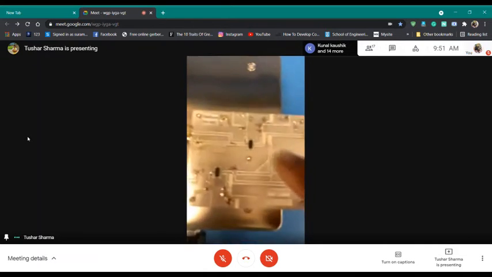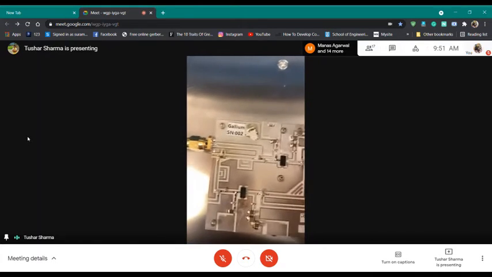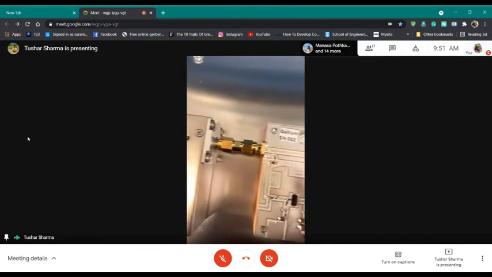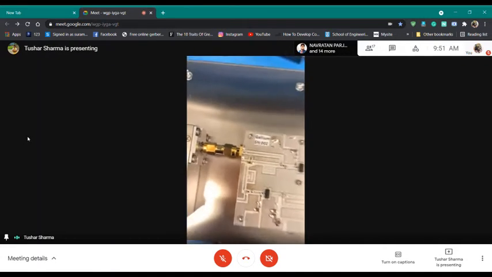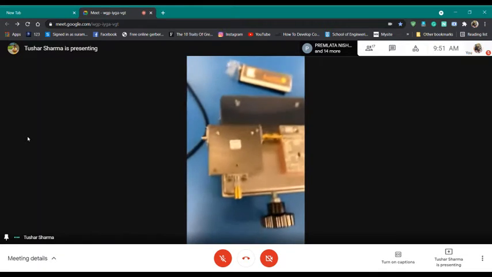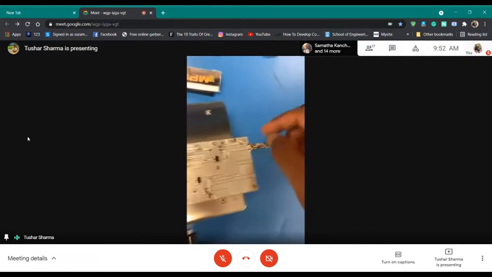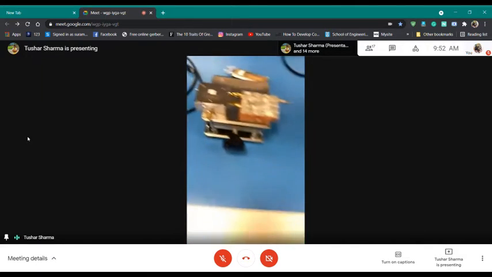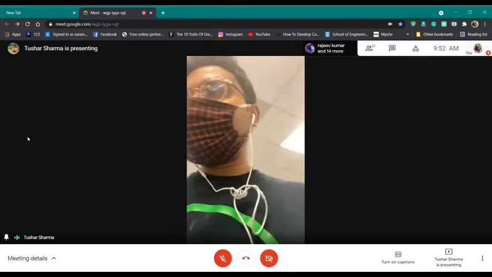There is a lot of mechanics involved, there are a lot of small things involved. When you have a PA, this is your transistor, you solder your transistor, then you have a DC block, here is your DC block, then here is your bias feed, lambda by 4 line, and you put caps there. And then similarly at the input you have an RC circuit at the gate. Then you have a peaking branch, and then you put solder connectors. So when you are designing, you need to know what is the spacing between the connectors so that you can make the layout accordingly. So this is roughly the overview I wanted to give you guys when I told you last time.